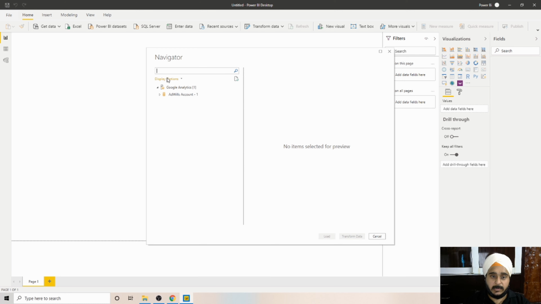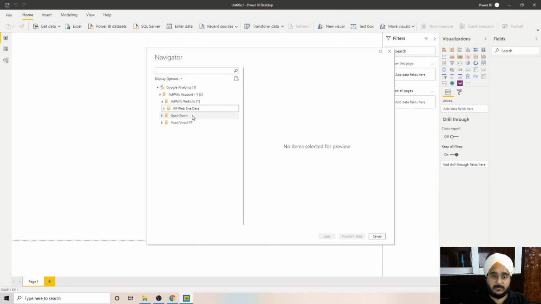So first off, you'll get this list of a SQL query where you'll select your account, AdWords account, and then it will give you the list of properties of which website data you want to pull. You will select this website data, and then by default it's an all website data view. You can create further sections. We'll talk about that in a separate video of how Google Analytics works and how account, property, or view is set. So this is the hierarchy in Google Analytics: account, property, and view. And property is a particular website on which you'll be integrating the code.